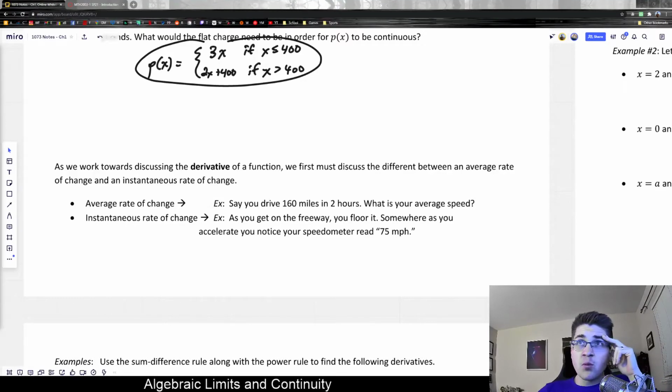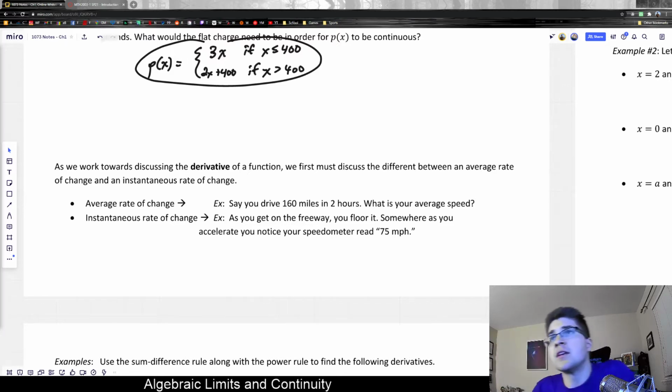Section 3 of Chapter 1 focuses on average rate of change. It's an incredibly important idea for the derivative, another very fundamental operation in calculus. So far we've talked a lot about limits, which are important, but the derivative is even more important. Very, very fundamental to calculus, and that's where we're headed. So let's go ahead and talk about average rate of change for a little while, and then we'll circle back